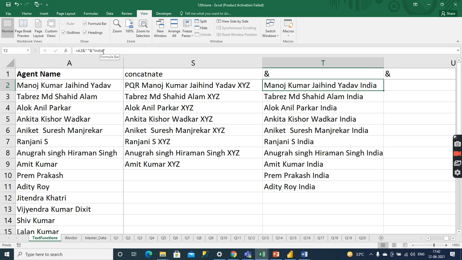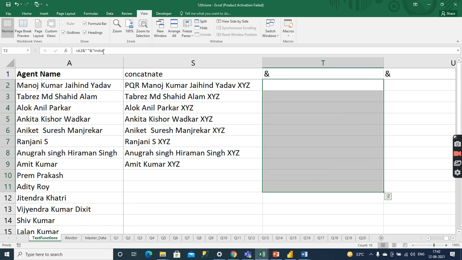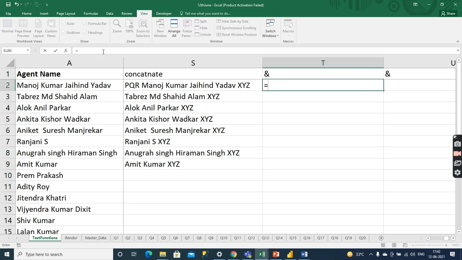Rajesh, can you repeat the second approach once again? Suppose I have to add MIS with everyone's name. This is the requirement we have. So I have selected this data, then apply the AND operator, this is the AND, right? I have to give a space also, so I have given the space here. Then again I have to write the name MIS.